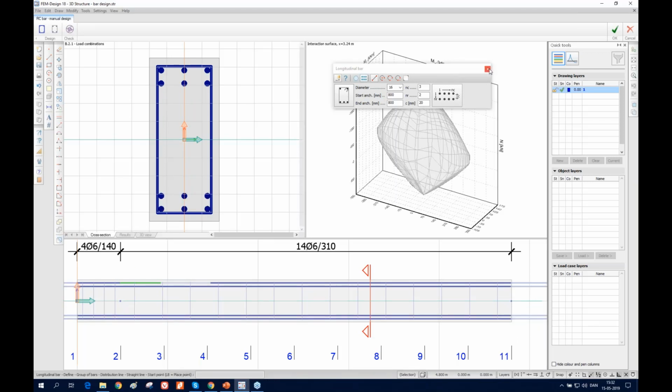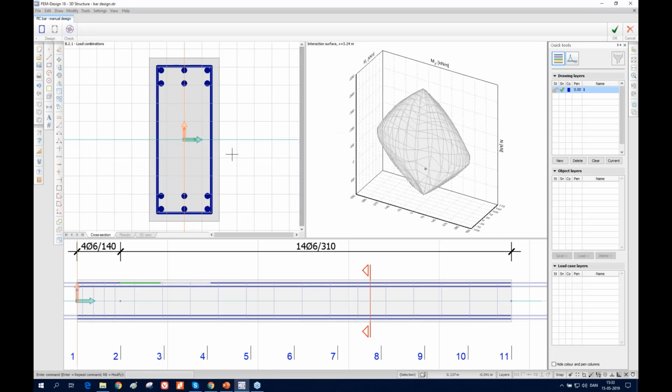So you can see there's no green or red dot. If the red dot is outside, it means that it's failed, but none of them exist here because we haven't checked, pressed on the check or OK. Previously, it wasn't possible, but right now it's possible because we have added it here. Before, you had to come out of this one and then it did the check. But right now, you can just press OK. Let's do the calculation. As you can see, this green dot appears, so it's inside of the